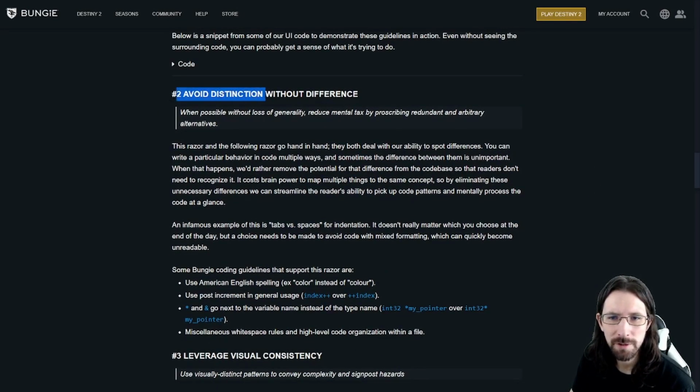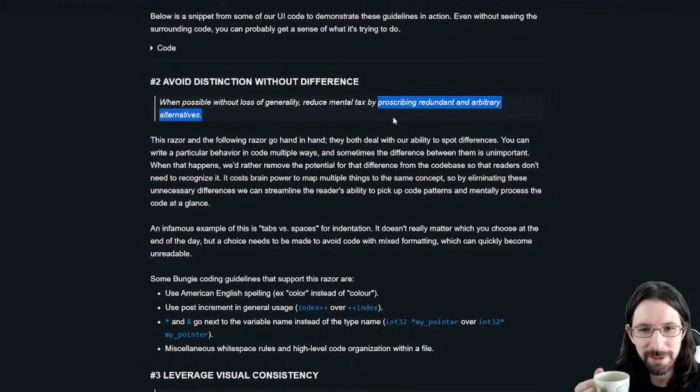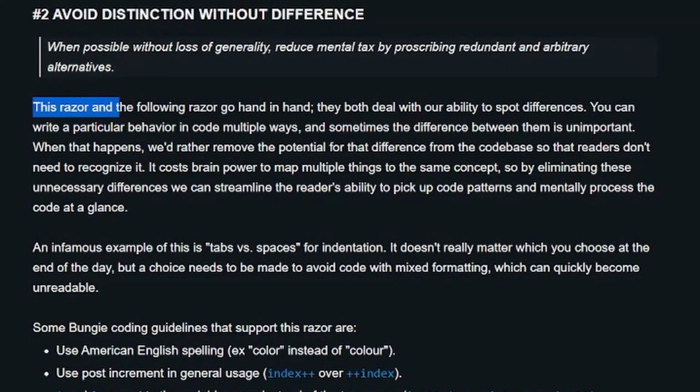Avoid distinction without difference. When possible, without loss of generality, reduce mental tax by prescribing redundant and arbitrary alternatives. I feel mentally taxed reading that. This razor and the following razor go hand in hand. They both deal with our ability to spot differences. You can write a particular behavior in code multiple ways, and sometimes the difference between them is unimportant.